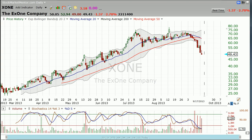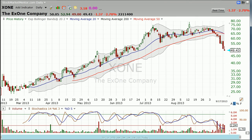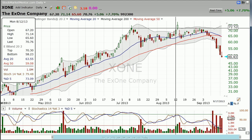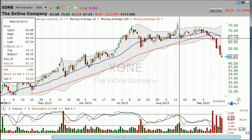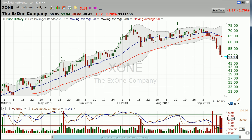I want to look at the 3D printers today. Here's the thing. You look at this X1, which had been in a really nice uptrend for a while. Nice sideways consolidation. Looks to me like the stock was ready to go, ready to move after it broke out here. Yes, a new high on pretty good volume, but then when it pulled back, it didn't really. It just kind of settled in, and so technically there were a lot of reasons why the stock could have